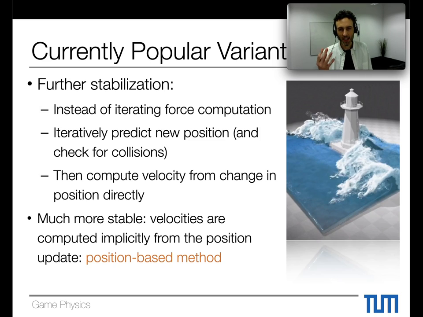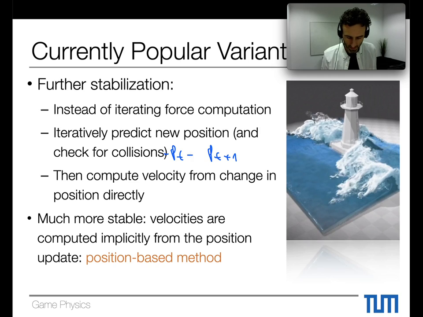So we're trying to basically find the right spot for these particles, and then from these positions we compute the velocity by the change in position over the course of the time step, right? So basically from this we have a position pt, then we compute a position pt plus 1, and then if you look at the difference of these two,